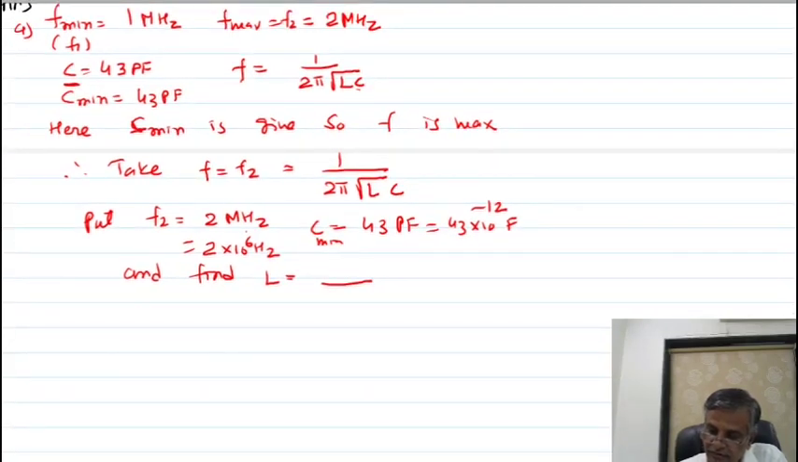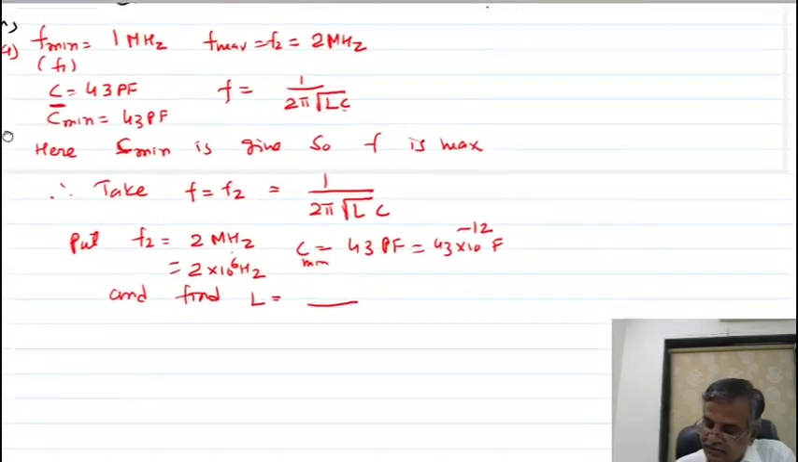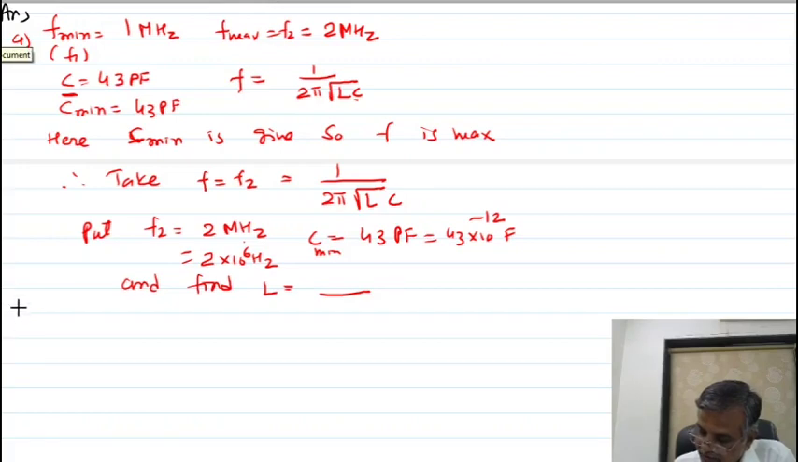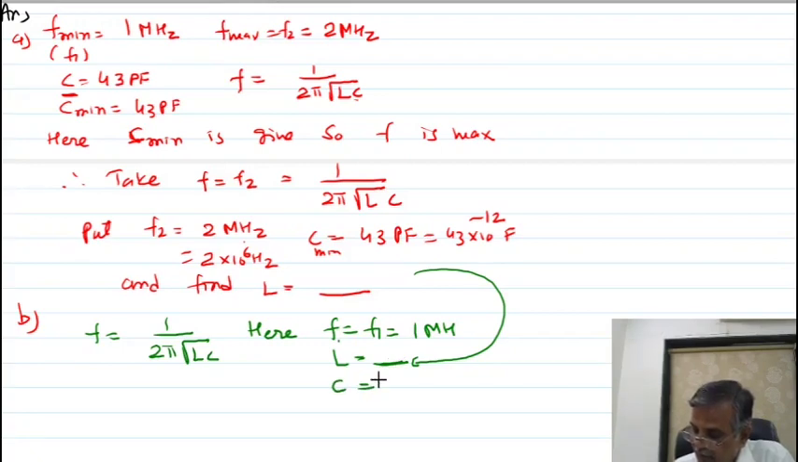Second, what should be the maximum range of C to provide the necessary frequency? So we have to use F is equal to 1 upon 2 pi root LC. Here, F I will take 1 megahertz, L is this value you have to keep, and find the value of C. So C is nothing but 1 upon 4 pi square F square into L, because